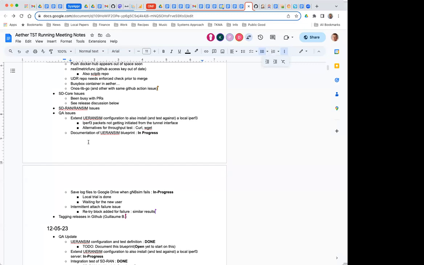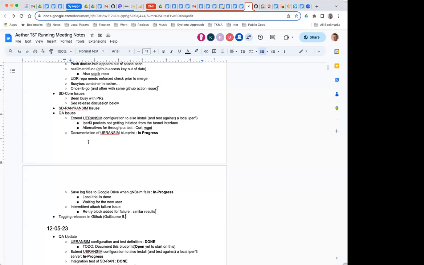QA, I saw Kunal putting some items in here. Yes, right. So I have gone through the UE RAN SIM configuration, and we are trying to use a local iPerf 3 server. What we have figured out is that the container is not an issue right now. We can see packets moving through the container, but the tunnel interface is not initiating any packets towards the iPerf 3 server, and due to that we are seeing those failures.